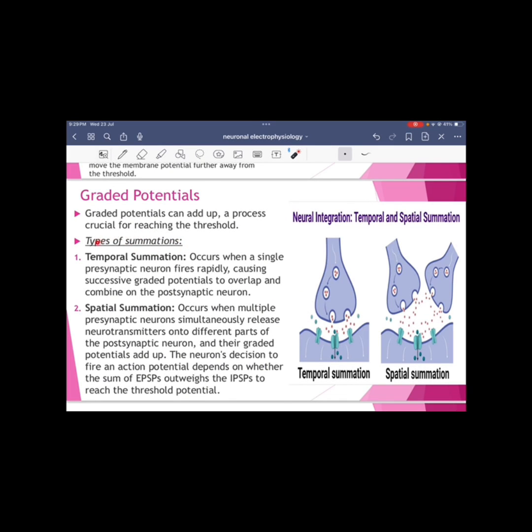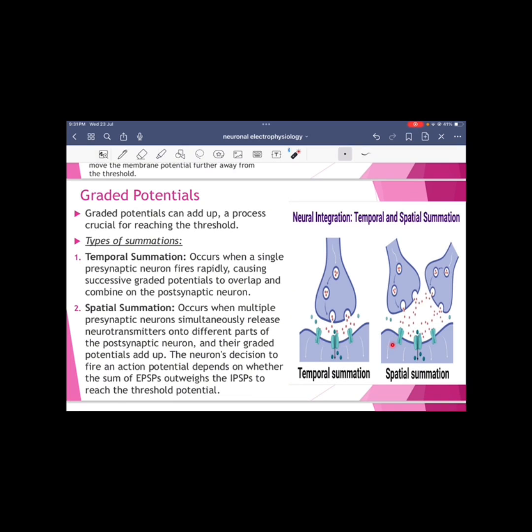We have two types of summation: temporal summation and spatial summation. Temporal summation means that signals keep coming quickly from the same neuron, whereas spatial summation means that signals come from different neurons. Here we have two neurons, so we have signals coming from two different neurons at the same time. And if those excitatory signals are strong enough in both the temporal summation and the spatial summation, the neuron will